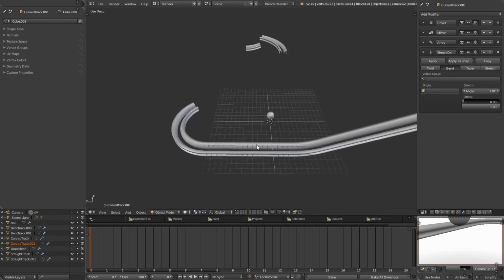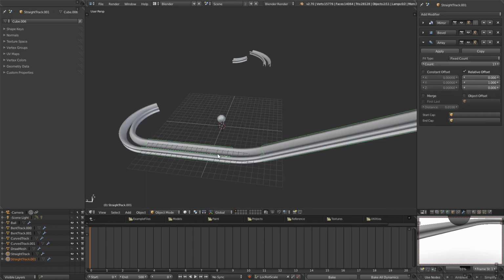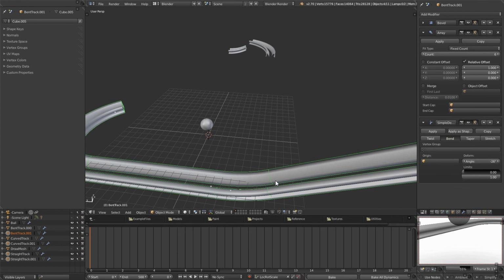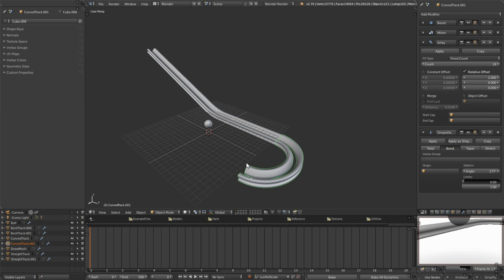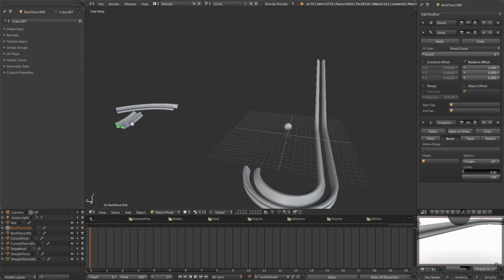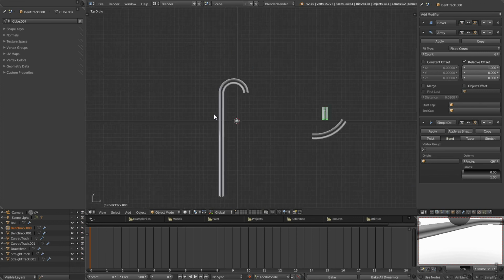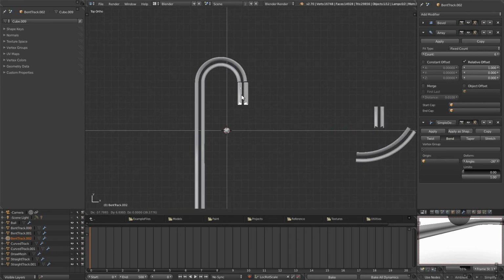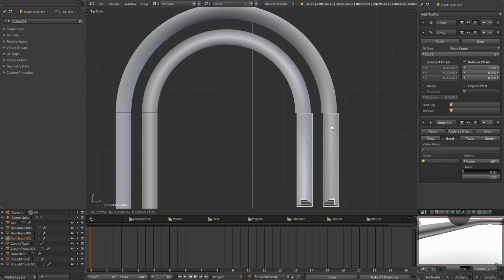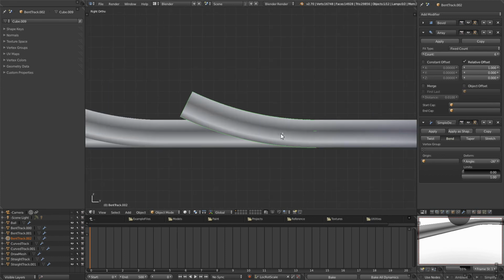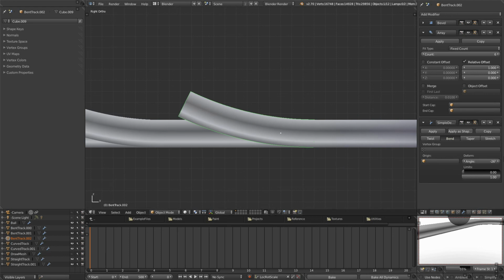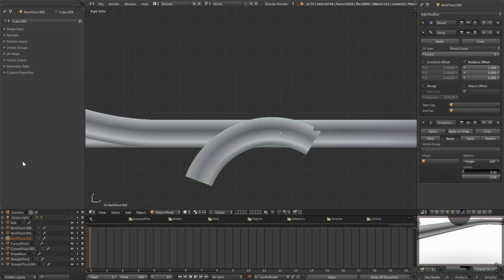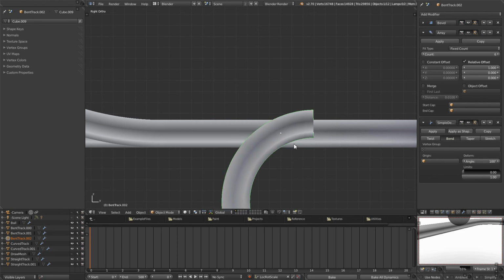And like I said, once you're done with designing your track, you can select all these, join them, and then edit the individual little splices if you're having trouble there. Maybe we want it to bend down again, so I'd hit 5 to go into top view, D to duplicate my bend piece, then hit G to grab my little bend piece here, tap 3 to go into right view, G to grab it, I'm going to tap Z, and I could go ahead and switch its angle to go down like that, and rotate it,